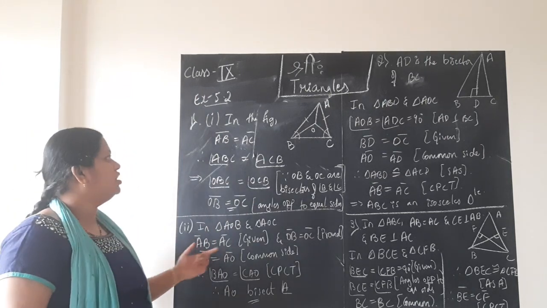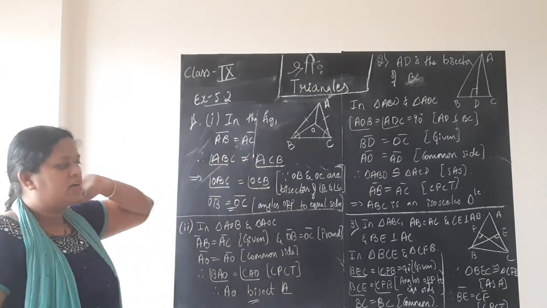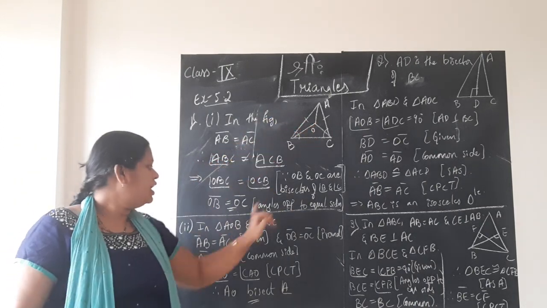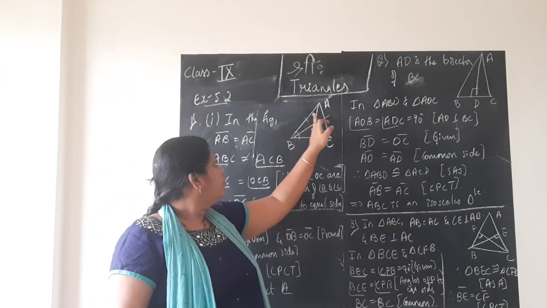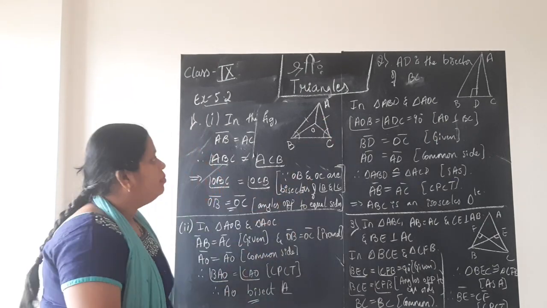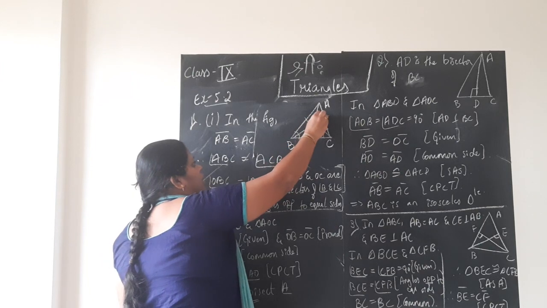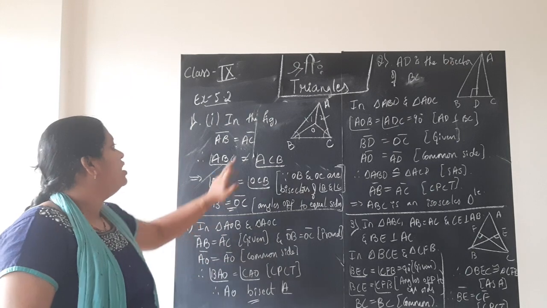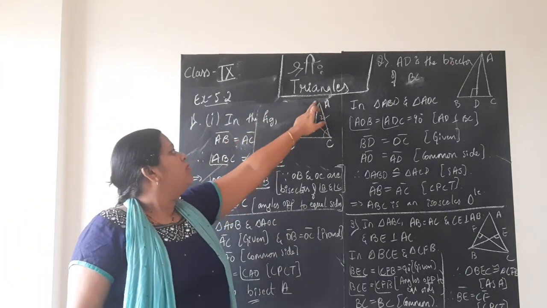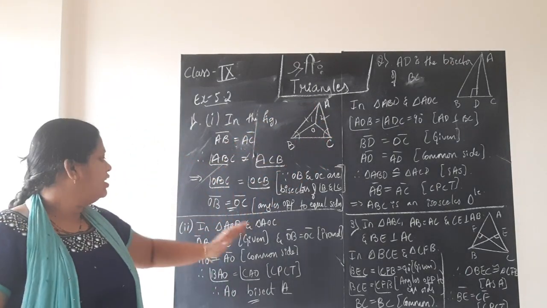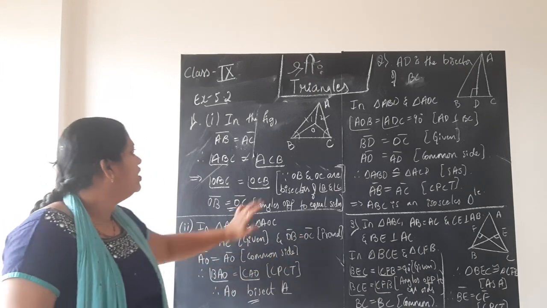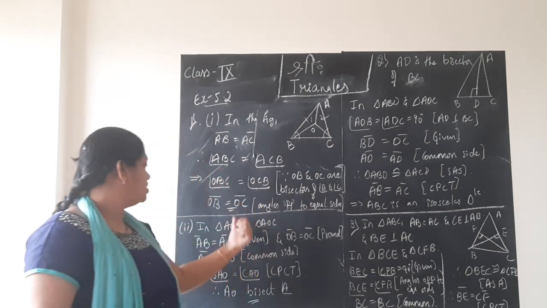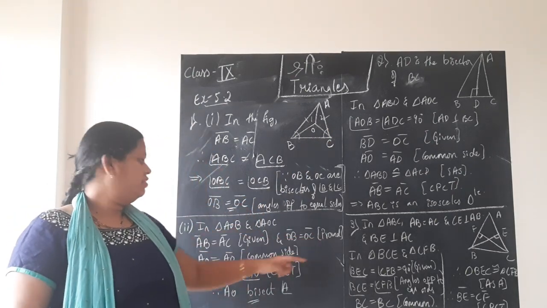In the second sub question, we need to prove OA is the angular bisector of A. But it is very simple. For that, we shall consider triangle AOC and triangle AOB. These two triangles we want. Why? Because these two triangles, triangle AOB and triangle AOC, we are considering. In these two triangles, AB is equal to AC, given, and it is of course an isosceles triangle. The other side of these two triangles, OB and OC are equal, just now we proved. So it is proved, I have written.